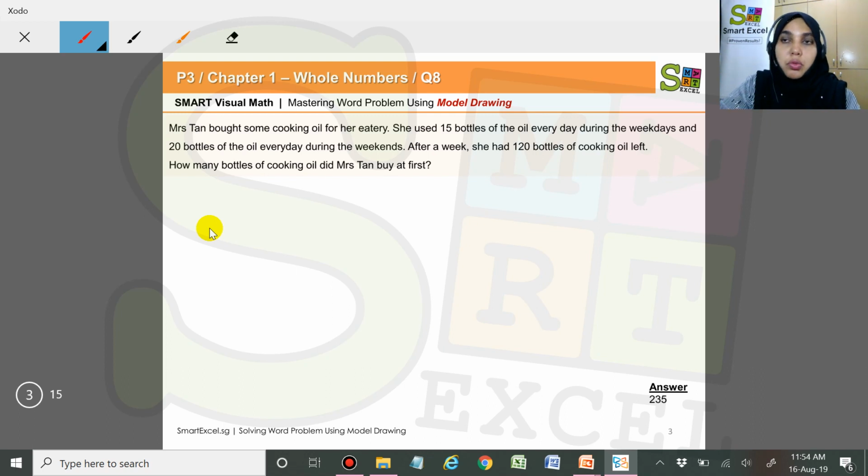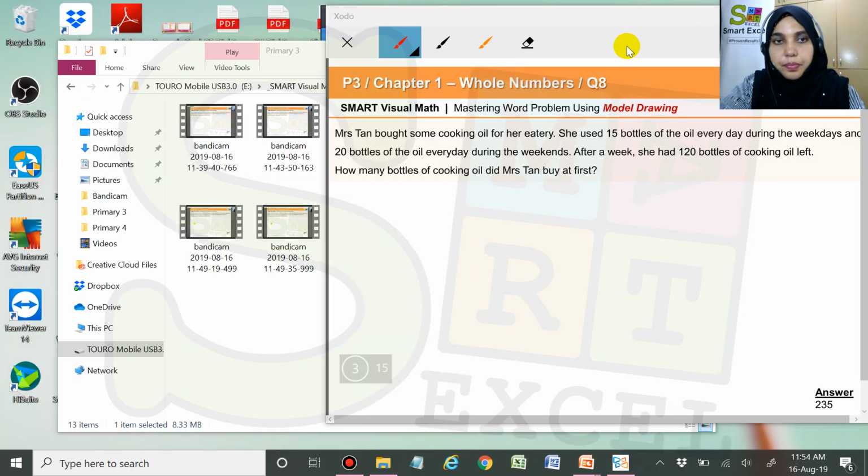Alright, so we will begin with the first question. Mrs. Tan bought some cooking oil for her itinerary. She used 15 bottles of oil every day during the weekdays and 20 bottles of oil every day during the weekends. Alright, after a week she had 120 bottles of cooking oil left. How many bottles of cooking oil did Mrs. Tan buy at first? Alright, so the 3 simple steps that we always follow, the number 1 is to identify